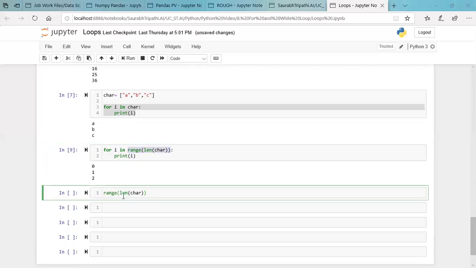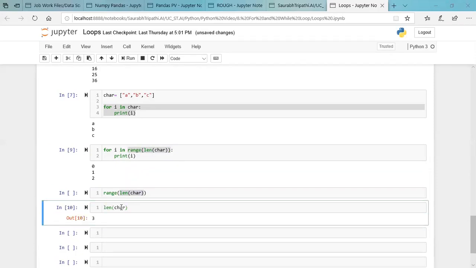So if you use this, it is almost equal to the element. Let me show you what is the length of CHAR. So what will happen? This 3 will be replaced by this particular value, and then the range will have output as 3, and it will start from 0 to 2, that is n minus 1. That is how range will work with the length function.